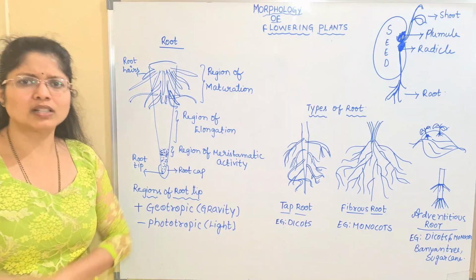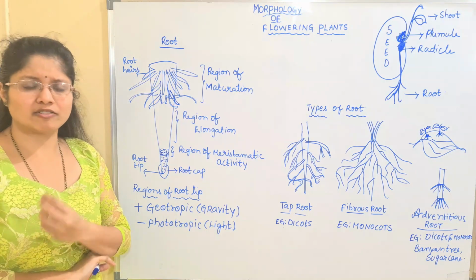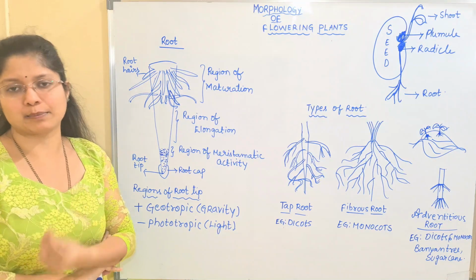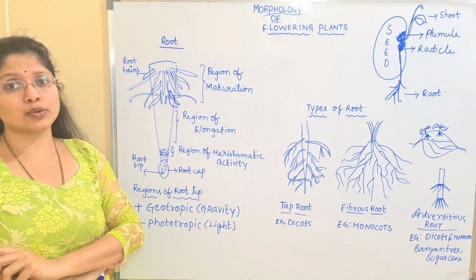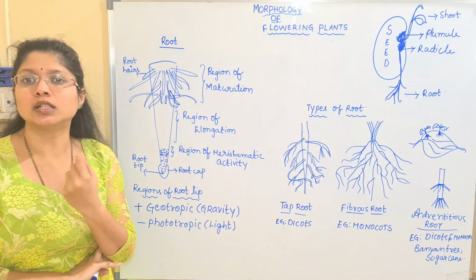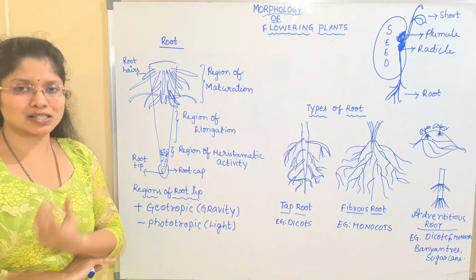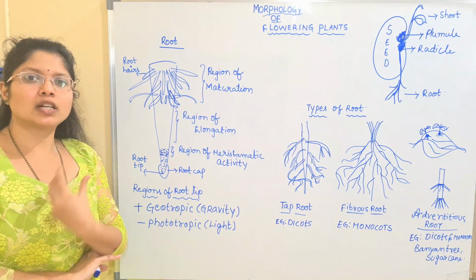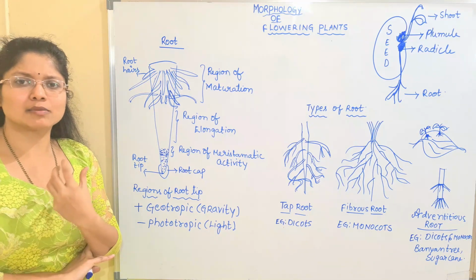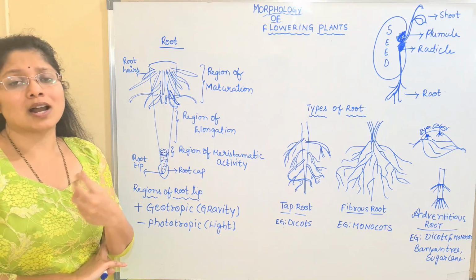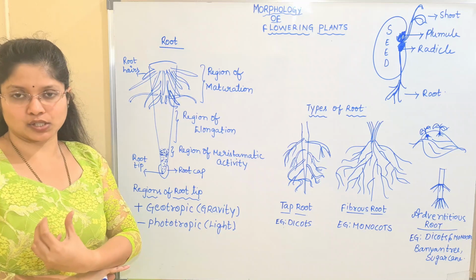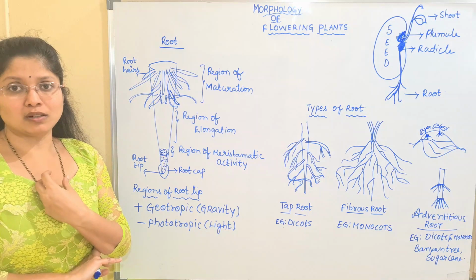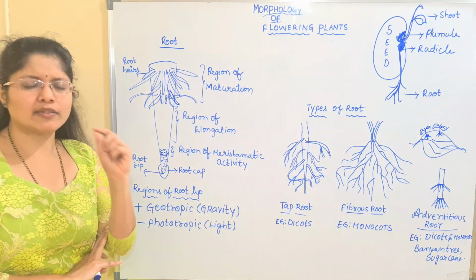As I said before, roots don't bear any organs like leaves, buds or anything else that can be seen in the case of nodes. Internodes are totally absent on the roots. That is the major distinguishing feature between the shoot and the root. If you want to distinguish between a shoot and a root, how do you do that, children? It is mainly because of the accessory organs associated with these structures. The shoot has buds and leaves. If you observe, the roots lack these buds. This is a very important feature.